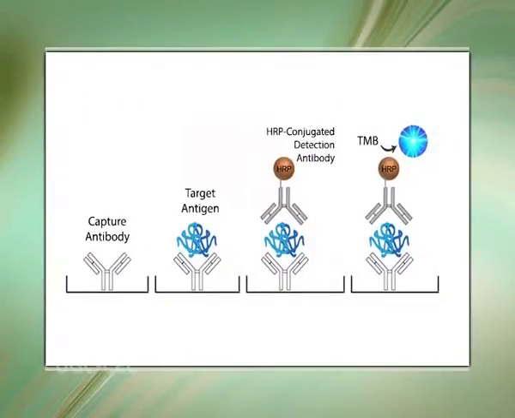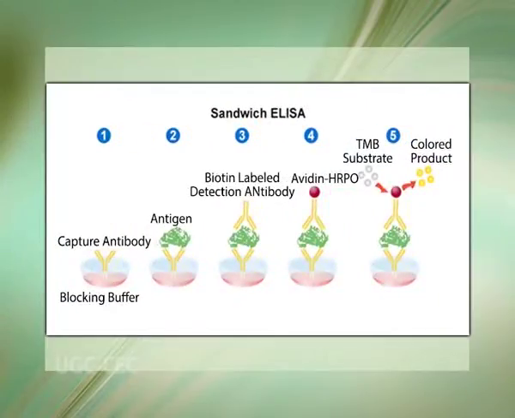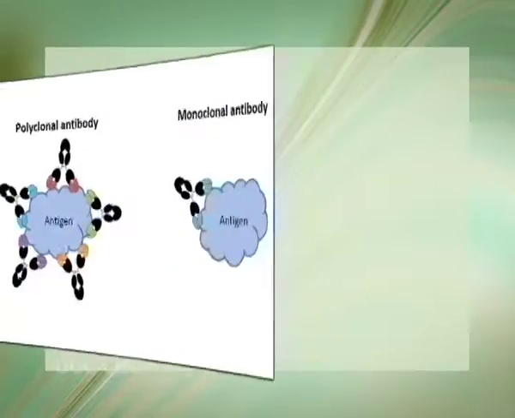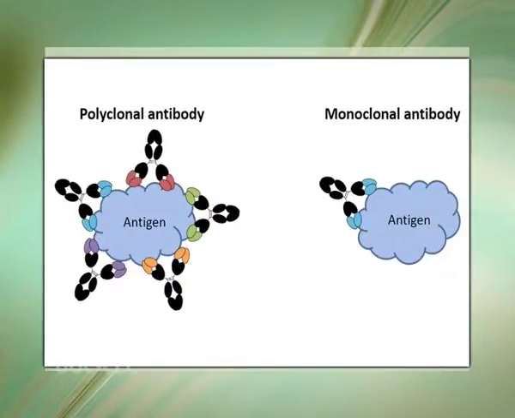Now, let us discuss the next part of our today's lecture, that is sandwich ELISA. The sandwich enzyme linked immunosorbent assay is a sensitive and robust method which measures the antigen concentration in an unknown sample. The antigen of interest is quantified between two layers of antibodies, that is the capture and the detection antibody. These antibodies must bind to non-overlapping epitopes on the antigen. Either monoclonal or affinity purified polyclonal antibodies can be used as capture and detection antibodies depending on the cost, the dynamic range and the sensitivity of the final assay.